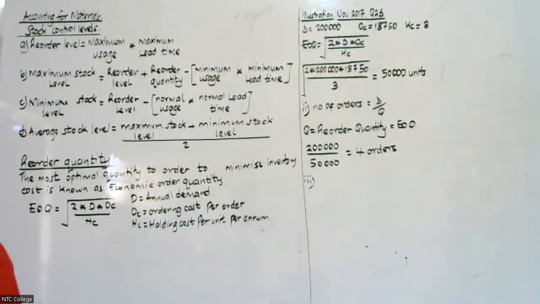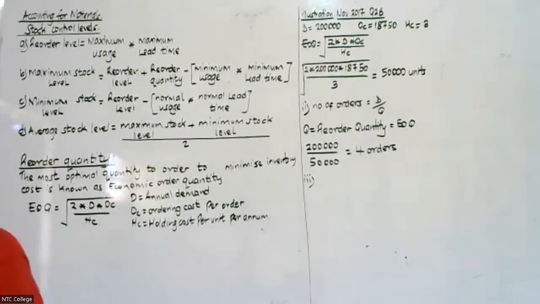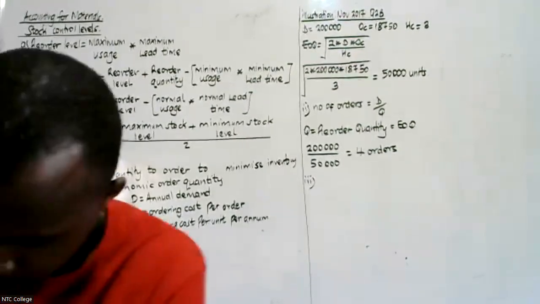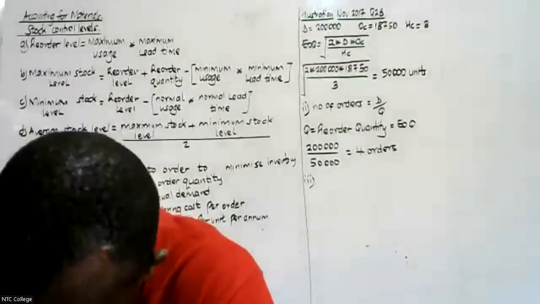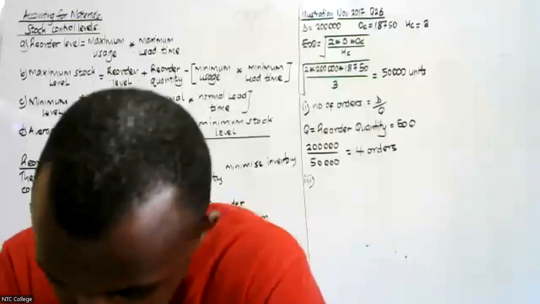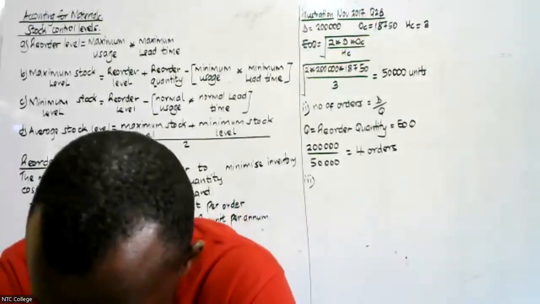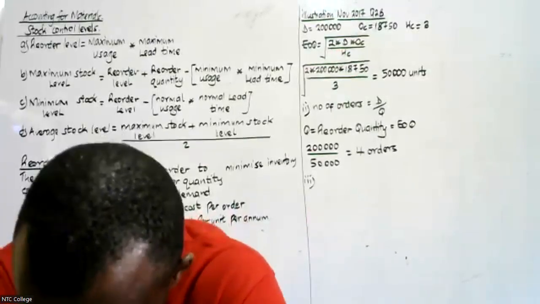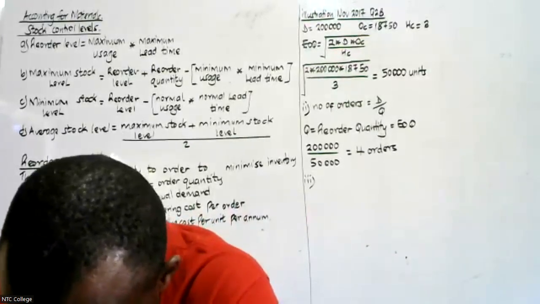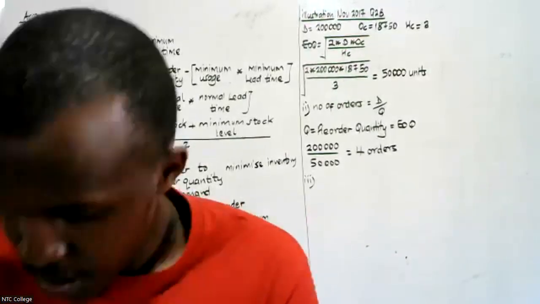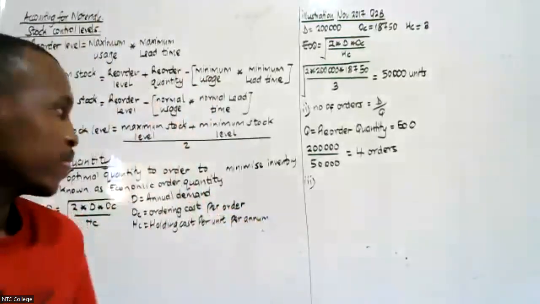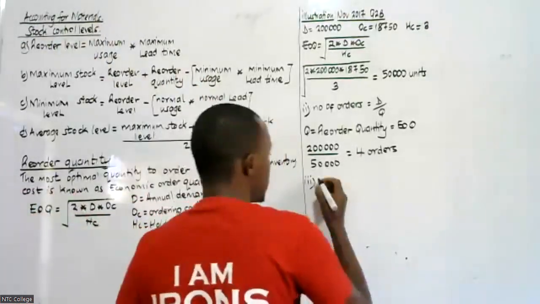The production manager has proposed to increase the current economic order quantity to 100,000 units. Justify how this would increase the total cost of inventory, thus it is not profitable. Now, your total cost